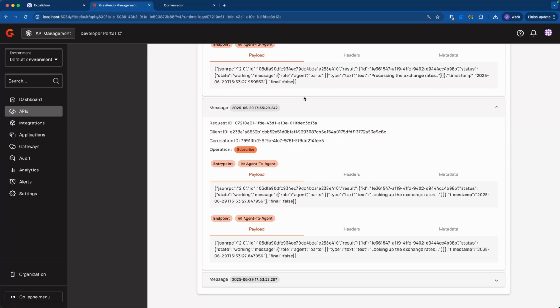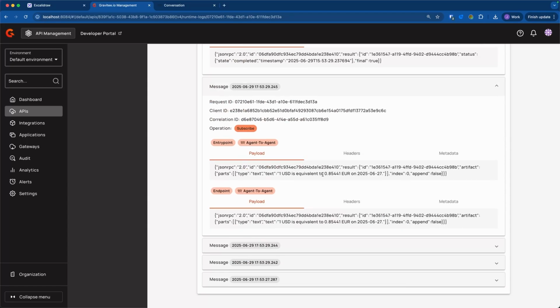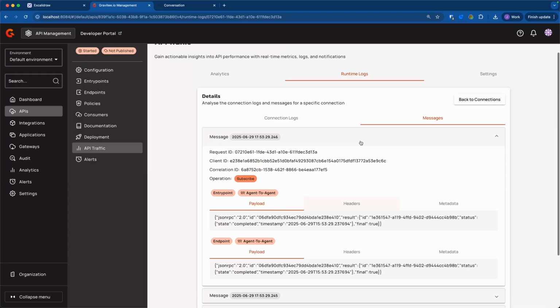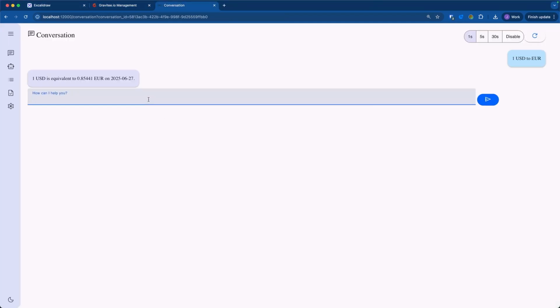And what you'll notice is that actually as part of this interaction, there are many messages because my server agent has sent back messages saying I'm looking up the exchange rates, I'm processing the exchange rates, and then at the end it finally returns my exchange rate. And now, of course, if I try and go back to my agent and request multiple times,